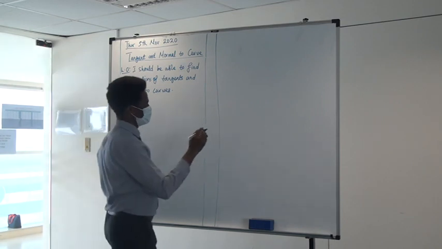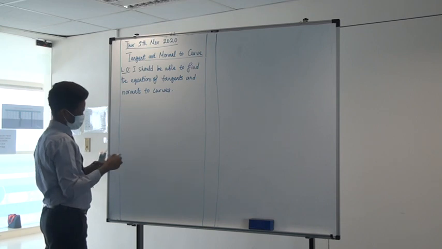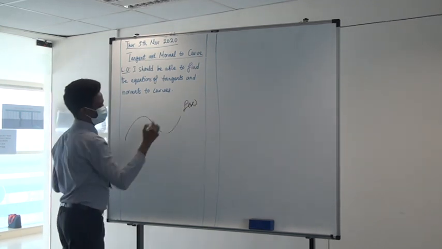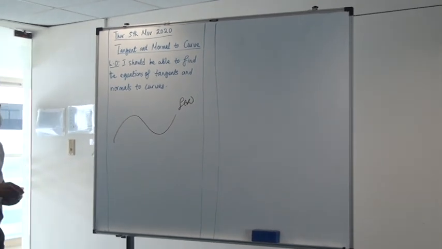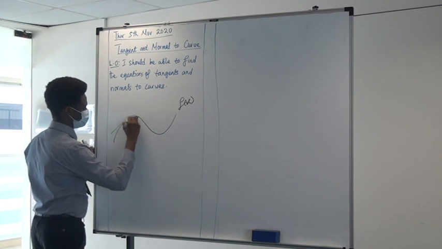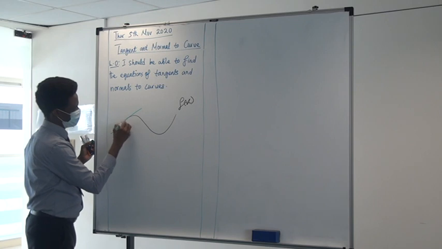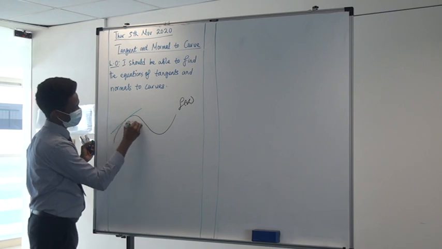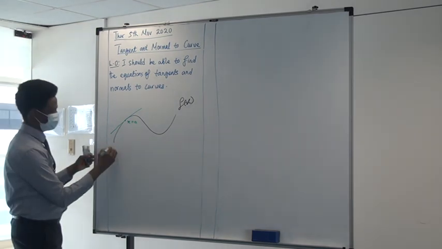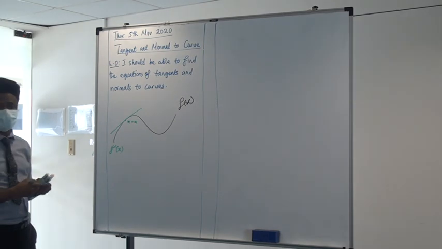Listen. Again, like I said, if you have a curve, this is a curve, function f of x. At a particular point on x, let's say this point, we can draw a tangent to the curve. So let's say this is the point when x is equal to a. Okay? Then what we know is that we will find f prime of x, that would be the gradient function,